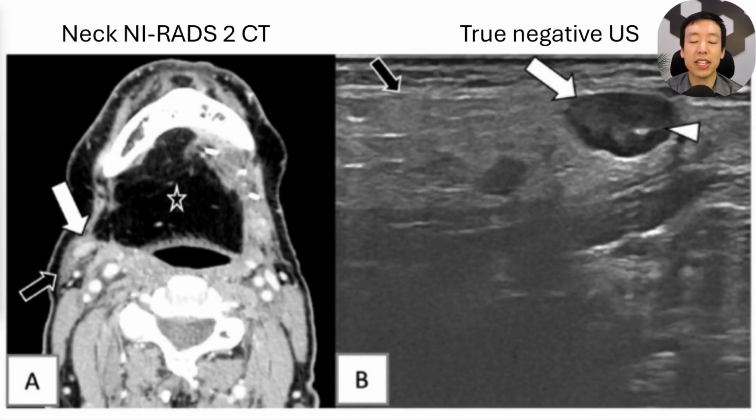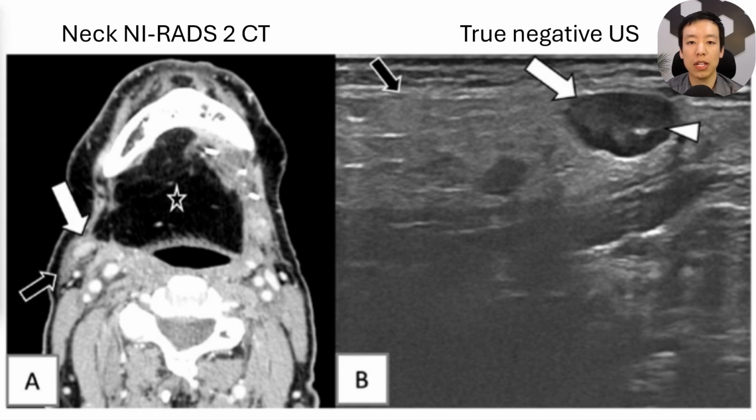Figure 3 shows an example of a new lymph node next to the flap for oral tongue reconstruction, which was categorized as NIRADS 2, and this ultrasound showed a normal lymph node with a hypoechoic cortex and echogenic hilum, suggesting benignity, and this was stable on a 2-year follow-up, indicating this was a true negative ultrasound evaluation of this Neck